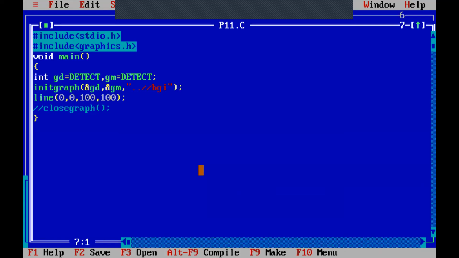Whenever I right click on it or press help on this line, I will be able to get the information about this line function. This line function is an inbuilt function which is present in this graphics.h header file, and it has 4 coordinates or 4 parameters inside it. These 4 parameters are nothing but the starting point